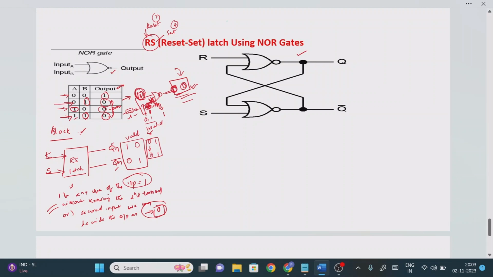So this is the logic circuit diagram representation. First we will see how we are getting this logic circuit diagram, right? So how many inputs we have? One is reset, another one is set, right? So for that reason, here I am going to consider one NOR gate for the reset operation, another NOR gate for the set operation, right? So this is for reset, and this is for the set operation. Now if you observe here, this output completely depends upon the input, right?